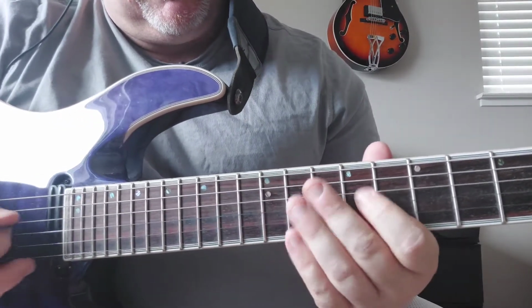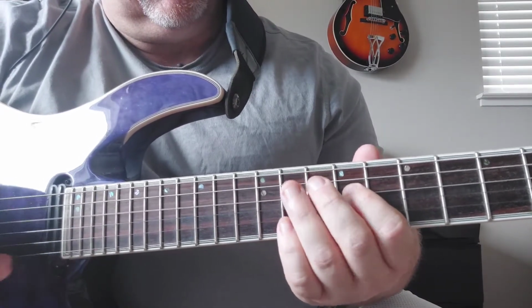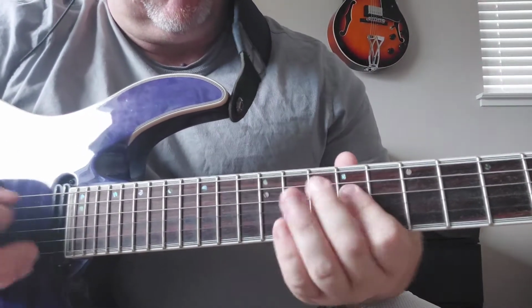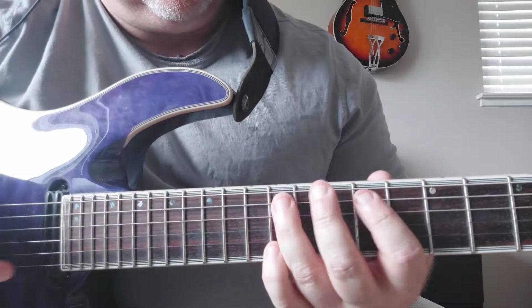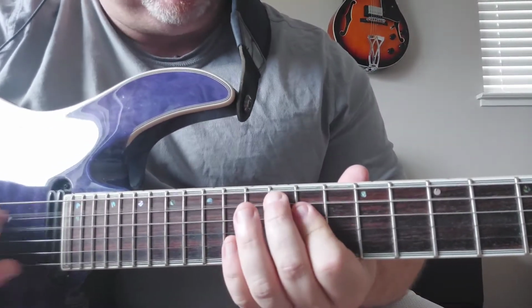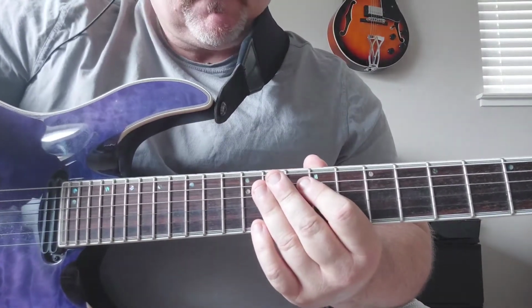Okay? You're going to be on the D string in the 9th fret. So you're going to go 9, 10, 11 on the A string. You hear them vary it up sometimes. But the main one is... If you listen to the song, you'll kind of figure your way through that because it changes often. But the main one is the...